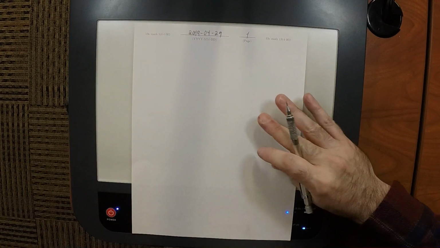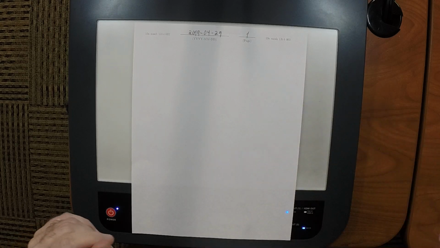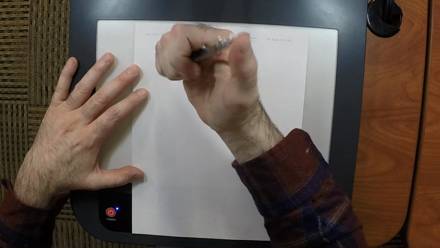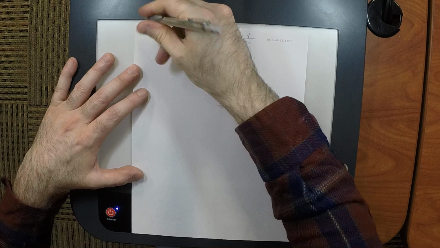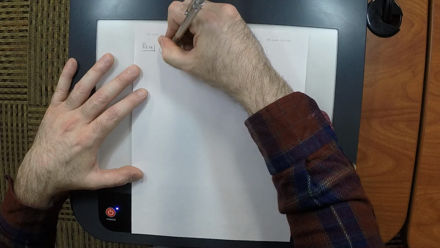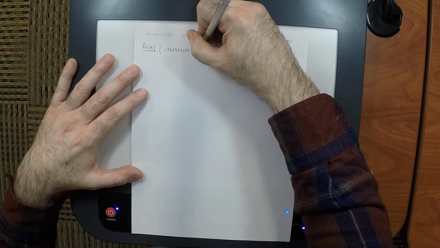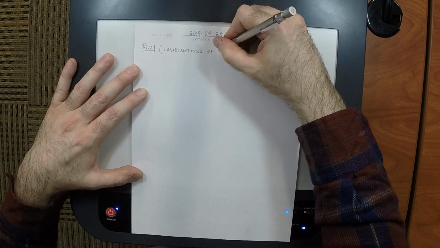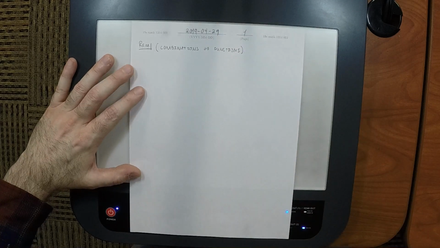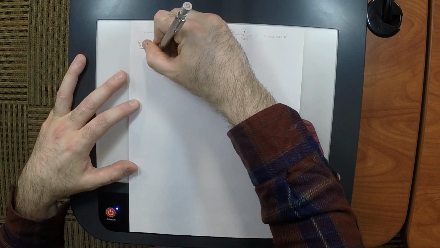Okay, so we've been talking about functions, and we still have plenty to say about functions. So here's the main idea for today, is that we have combinations of functions. So we could say, suppose that we're given functions